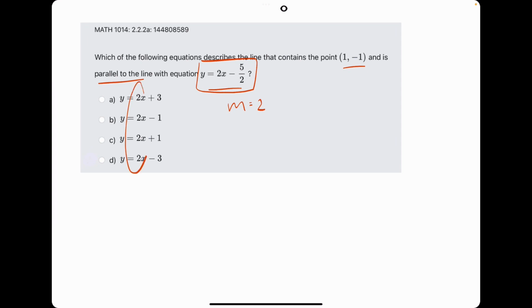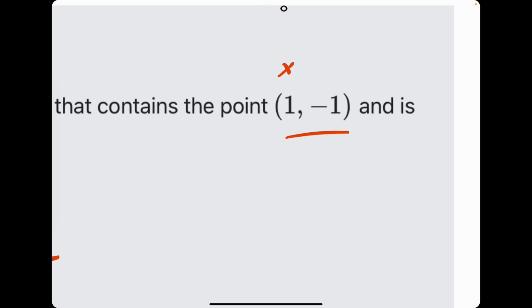But what do you notice? All these equations have a slope of 2. So instead of plugging and chugging, we're going to use point slope form. We've addressed this in one other video. I can't recall which one right now, but it's helpful to know point slope form if it comes up in any other scenario. So point slope form is where you were given a point, which we will call x1, y1,